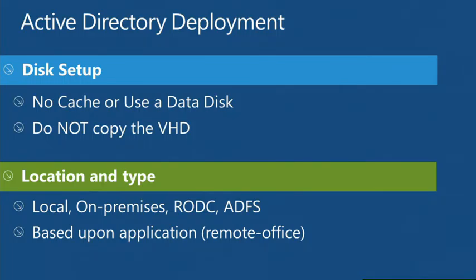For this, of course, there's lots of different deployment types. Like I said, you can do local. You can just use your on-premise. You can have a read-only DC in the cloud and replicate back on premises, and you can even use ADFS. The one key thing that is interesting to point out specifically with a read-only DC: if you have an on-premise AD that you're trying to use for user auth, you may want to have a read-only DC in the cloud